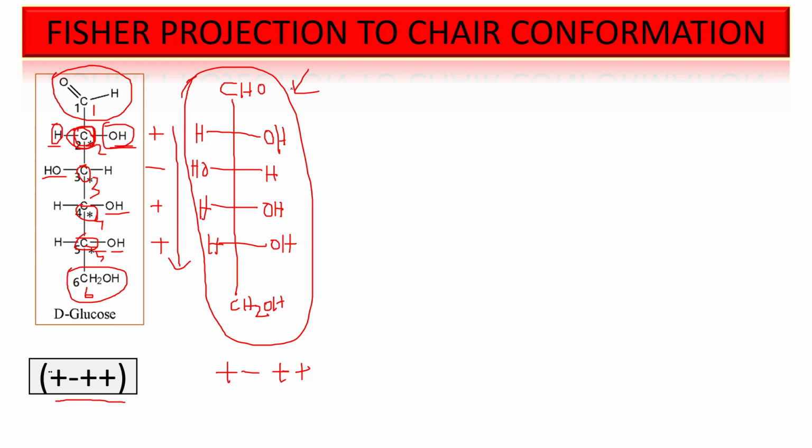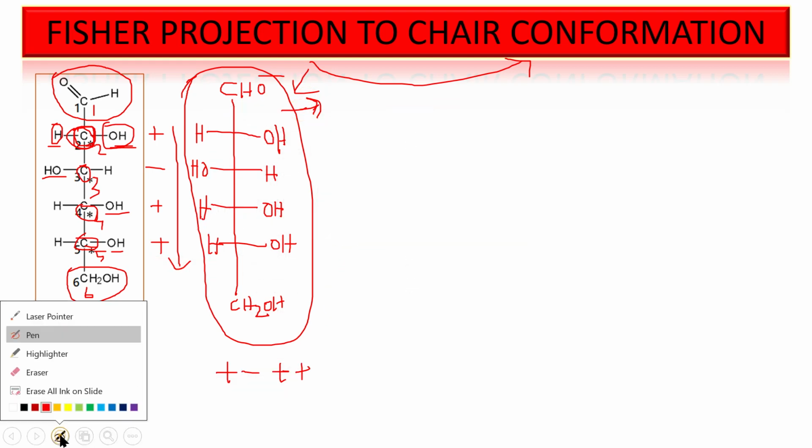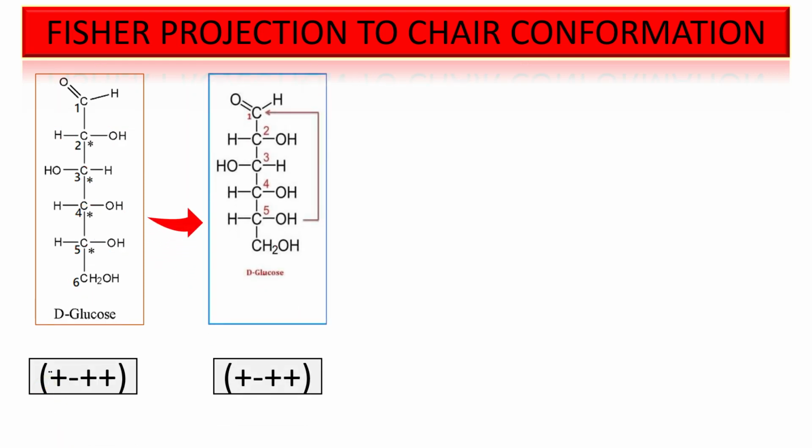Now to convert this Fischer projection to the chair conformation of glucose, at first we have to convert this Fischer projection structure of glucose to its ring form. It is the open structure, so we have to convert it to the ring form. To convert it to ring form, at first we go to the next structure. This is also the glucose structure. Here in carbon 5 an OH group is attached. This OH group can attack carbon 1, and then